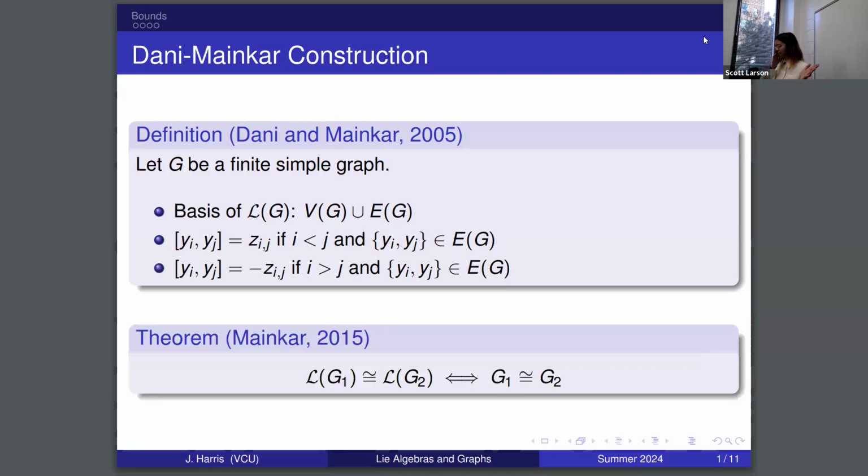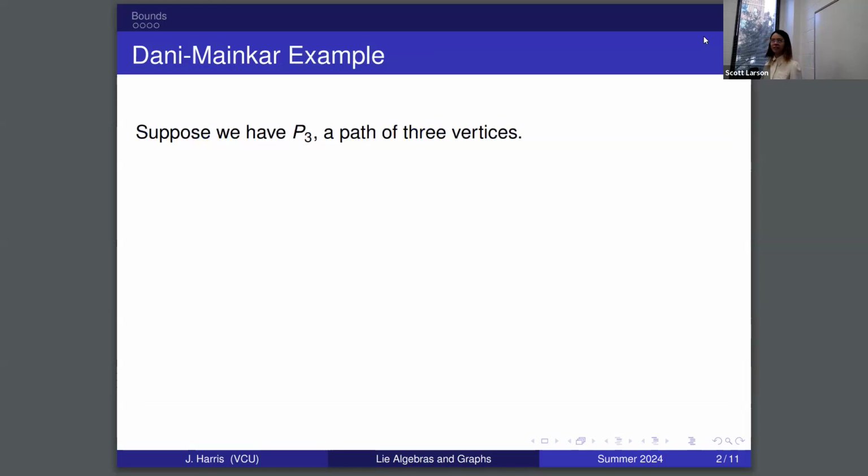And by this theorem by Mainkar, we actually have that the Lie algebras that we get from these graphs are isomorphic if and only if the graphs themselves are isomorphic. So this connection that we get from these graphs to these Lie algebras is a very potent connection. As an example of what exactly one of these constructions would look like, we can